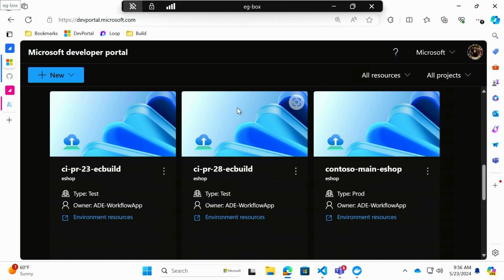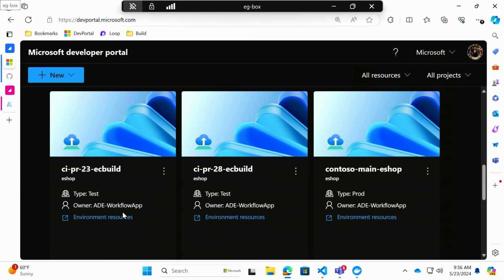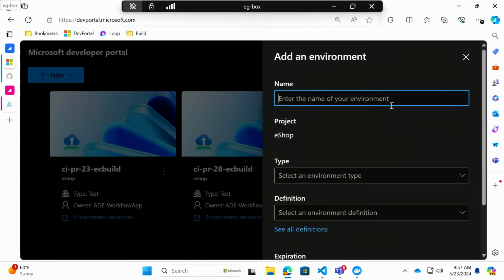Each one will show up as one of these cards on the page that give me a quick idea of what the environment is, what the type is, and easy access to all of that infrastructure that has been deployed via Azure Deployment Environments. And creating new environments is really easy. All I have to do is go create a new environment, give it a quick name. So we're working on the Memorial Day